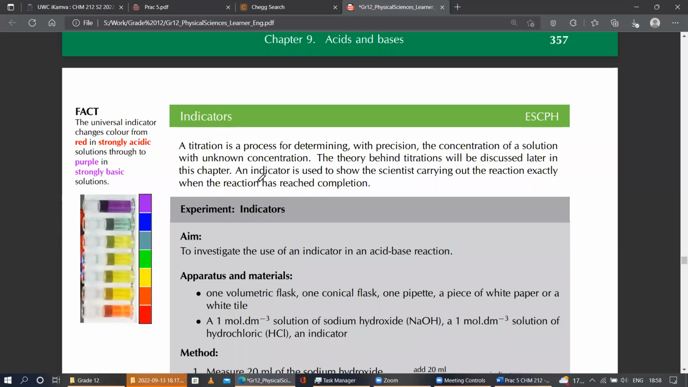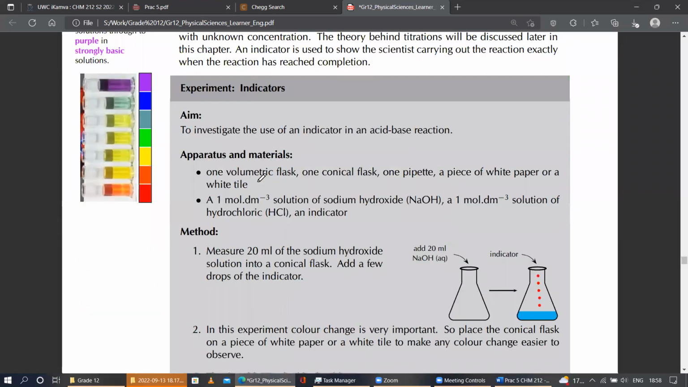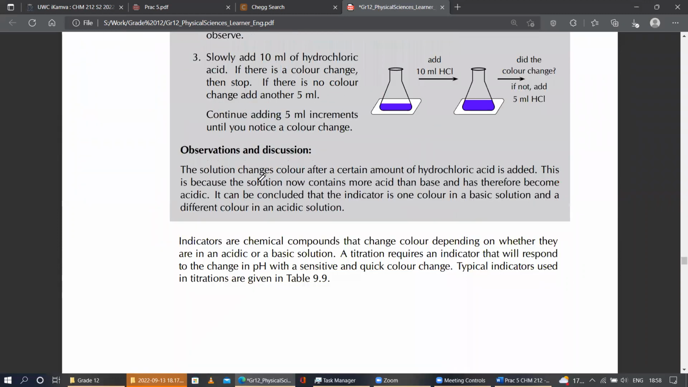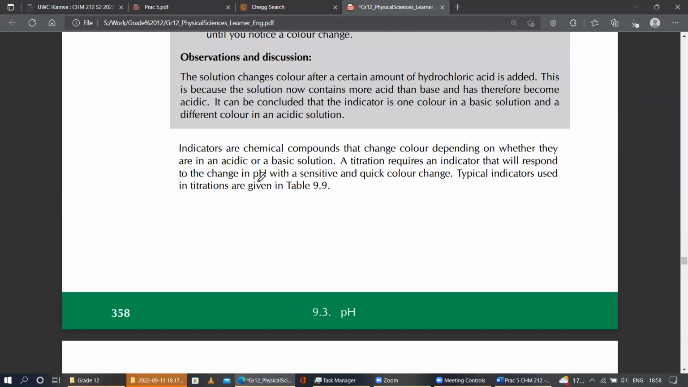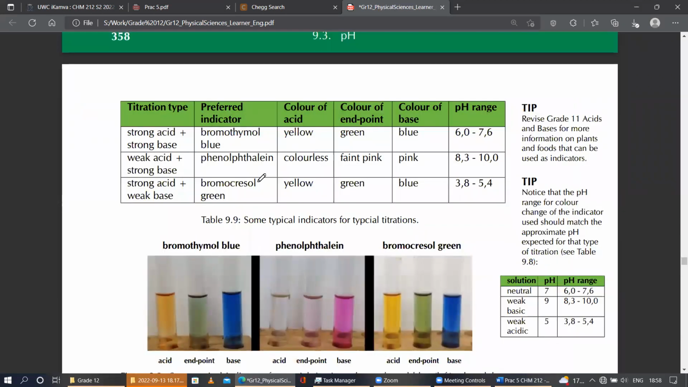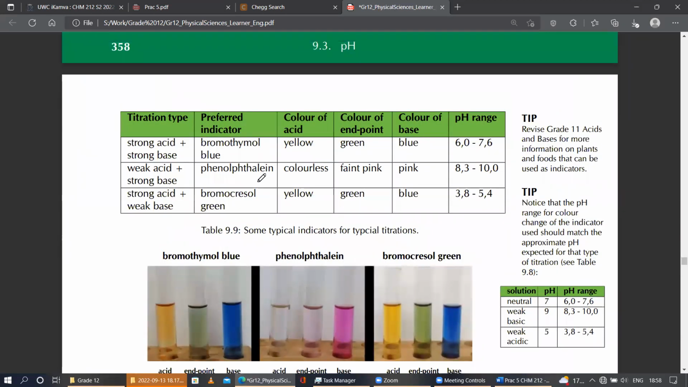And these are some indicators that I used. I think, yeah, I think there are